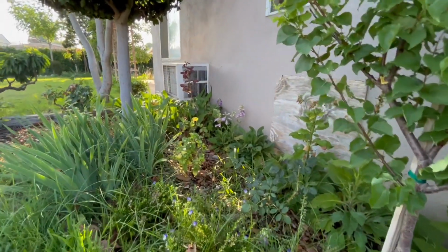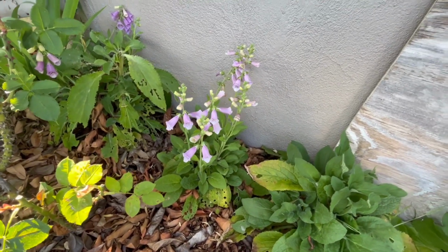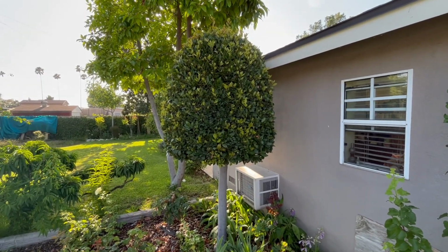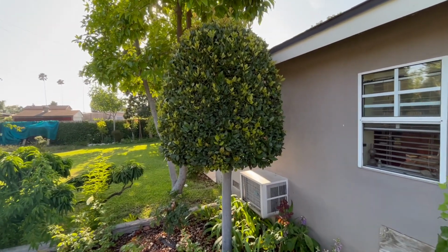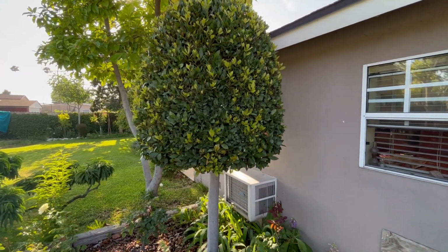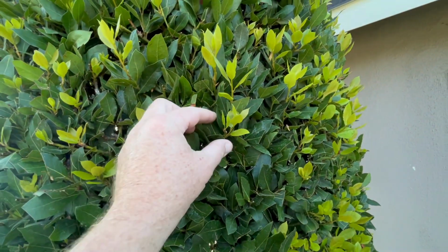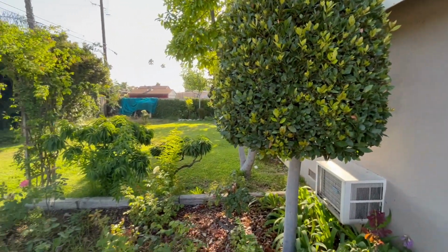Back in the corner, you can kind of see some foxglove still in bloom, which is kind of nice. And it is underneath this really cool lollipop shaped bay laurel. One of the interesting things with the bay laurel, especially in this heat, is the new growth is really affected by the heat. It will wilt even though it's well watered, and if you keep it cut back to the older growth, you can see the darker green there, that's the older, more mature growth, it takes the heat a lot better than the newer growth up here, which is always going to be lighter in color. So other than that,